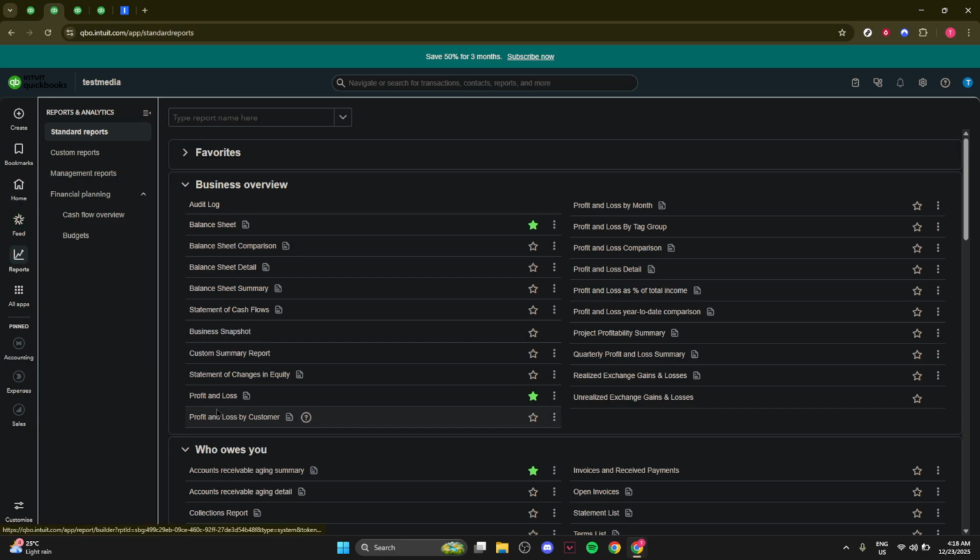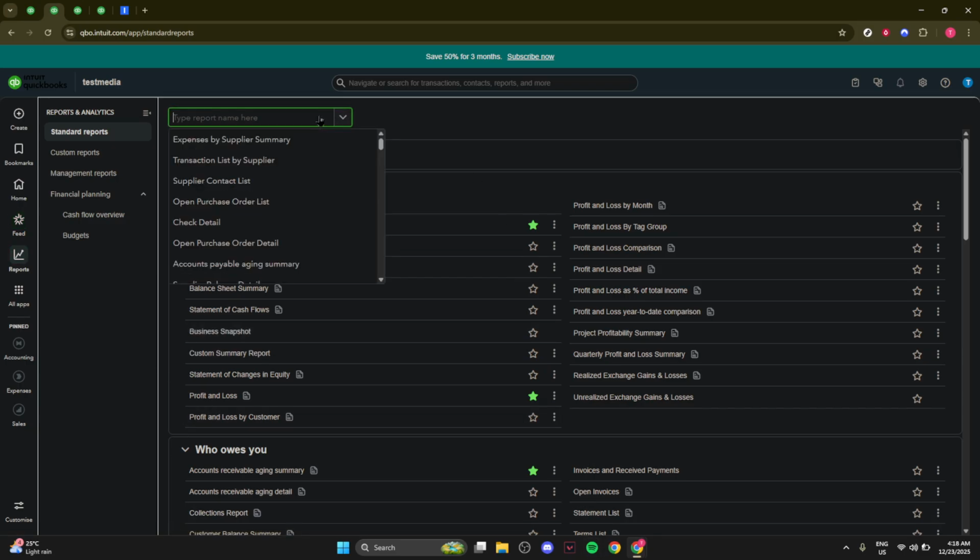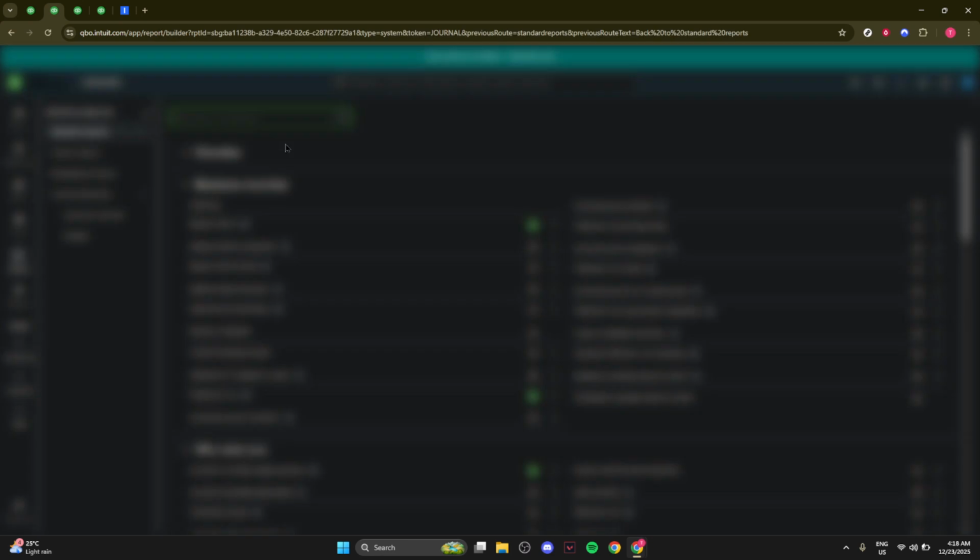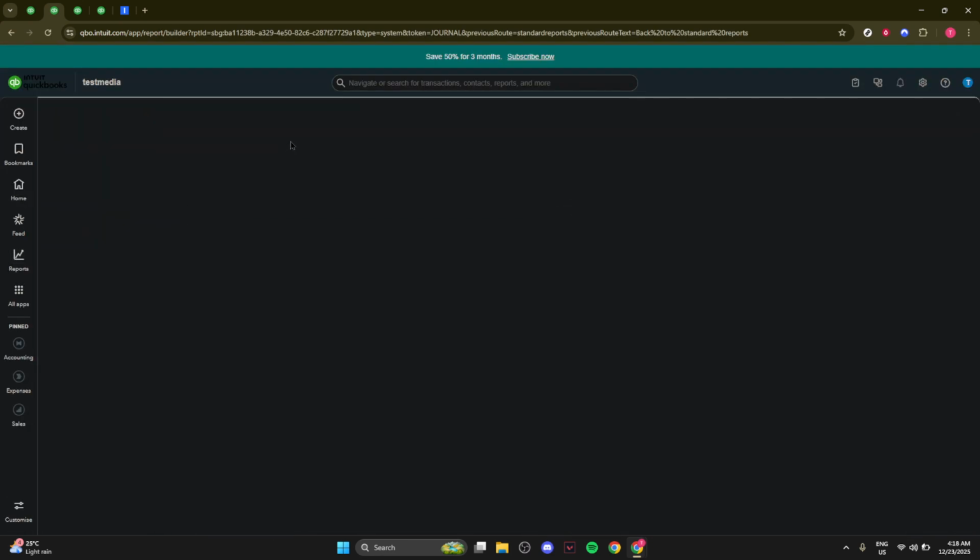At the top of the Reports page, use the search bar. Type the word Journal, and then select the report named Journal. Depending on your layout, you may also see it grouped under a section often labelled For My Accountant. The journal report is designed to list every line of every journal entry, showing the debits and credits that make